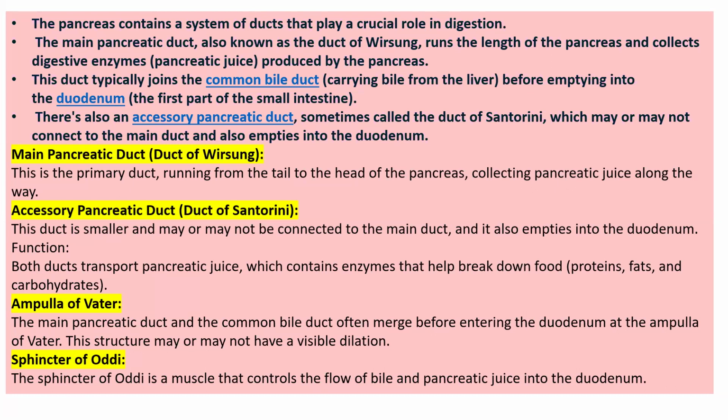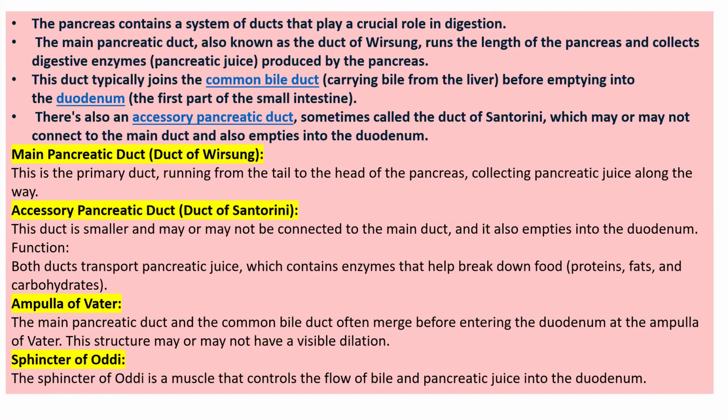The main pancreatic duct is the duct of Wirsung, running from the tail to the head of the pancreas, collecting pancreatic juices, enzymes, and bicarbonate, and passing through the ampulla of Vater. The accessory pancreatic duct is the duct of Santorini. It may or may not connect to the main duct, and it also drains into the duodenum. Both ducts help in transporting pancreatic juices and enzymes,